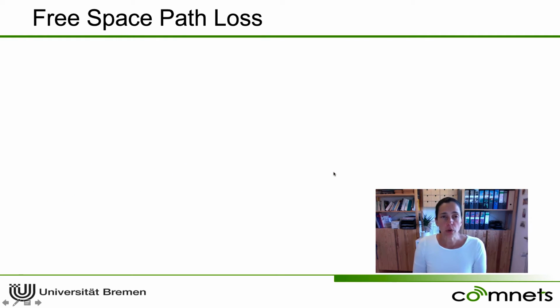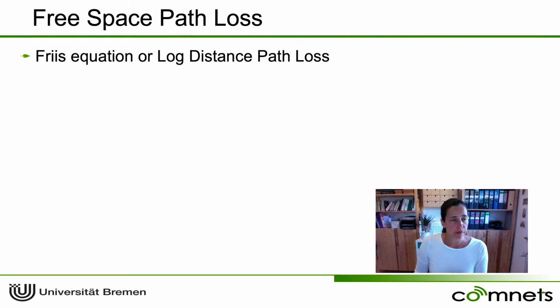The simplest way to describe this path loss is to use the so-called free space model. The free space model assumes that there is a transmitter and a receiver. They have line of sight to each other, and there is absolutely no object between them which could cause any reflections or diffractions. So this is also sometimes called the Friis equation or log-distance path loss because it is based